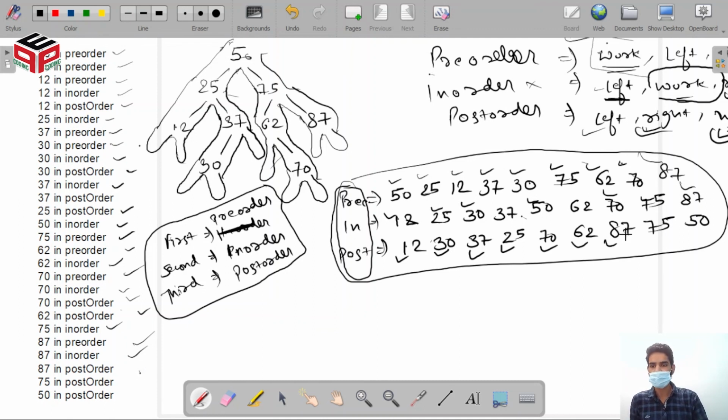Okay, 87 in post order, 75 in post order, and what is this? This is 50 in post order.